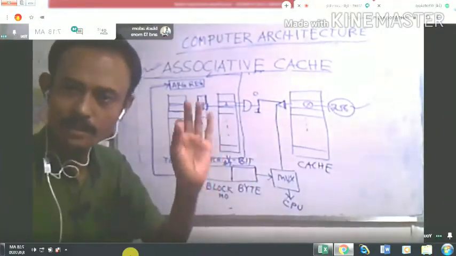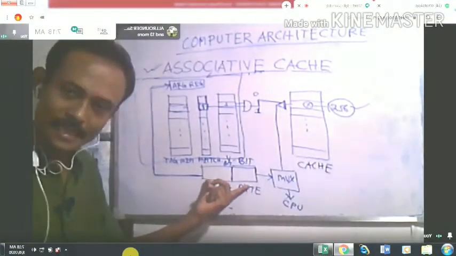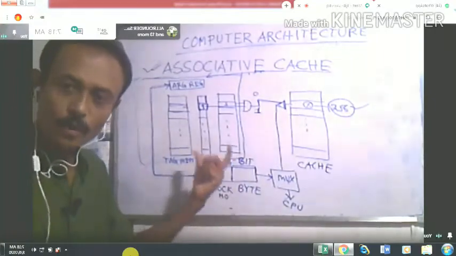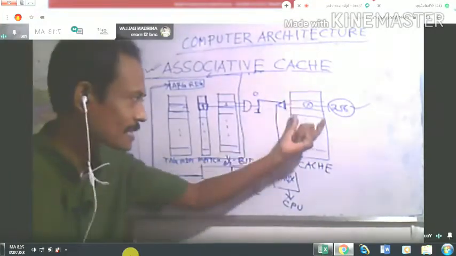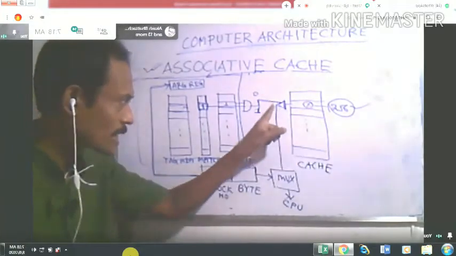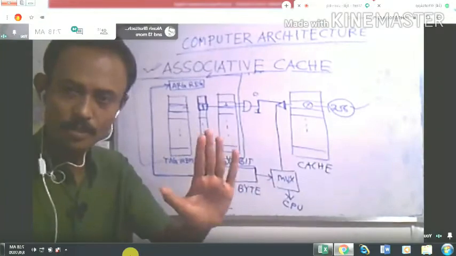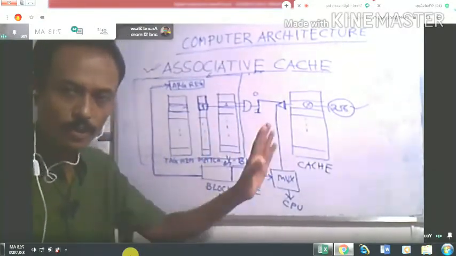That is your problem. If it is present, then that particular value should go to the CPU. That is your task. So how do we solve that?